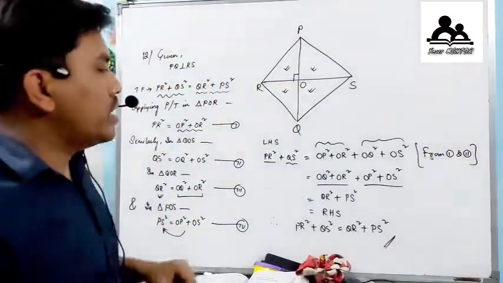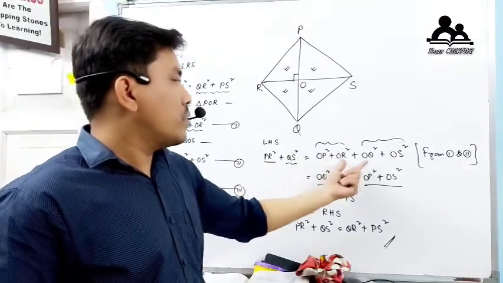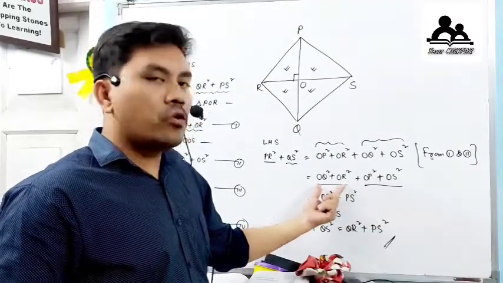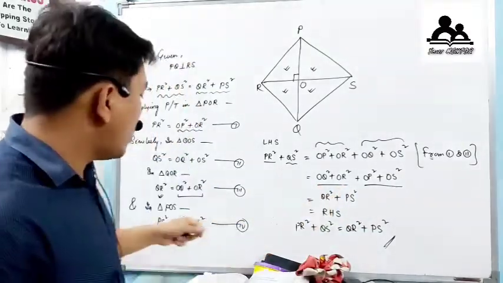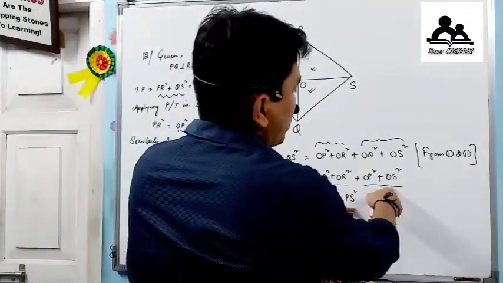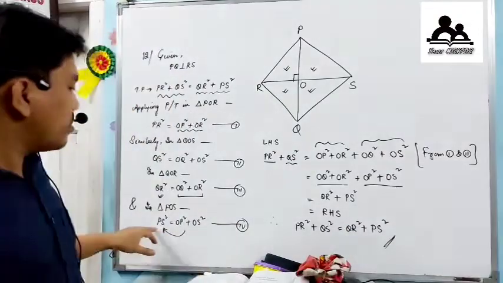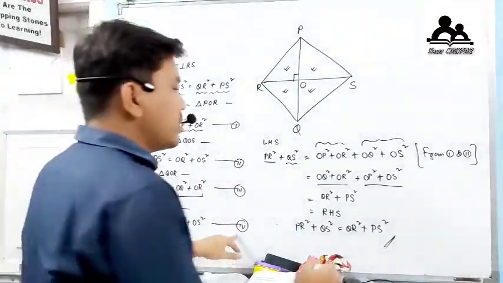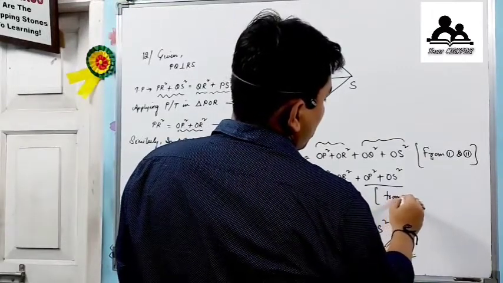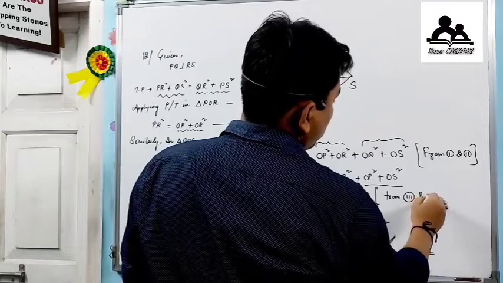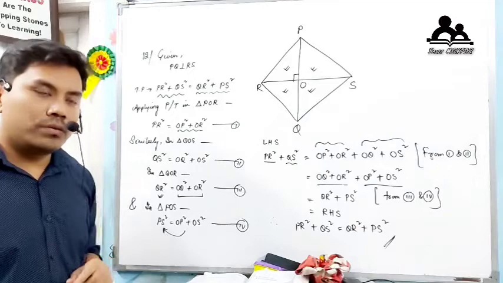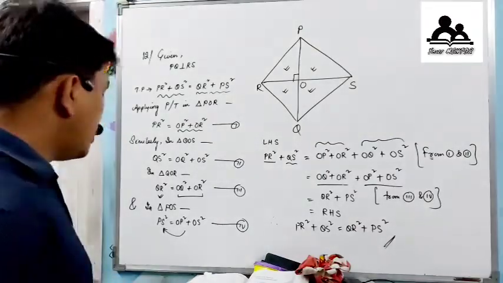Okay. After that, finally, after arranging OQ and OR here and OP and OS here, in place of OQ plus OR we have written QR square now. How do we come to know? From equation number 3. And OP square plus OS square is equal to PS square. How do we come to know? From equation number 4. Okay. So in this step we will write from 3 and 4. Is it clear? Understood? Okay. So we'll continue with the next question.